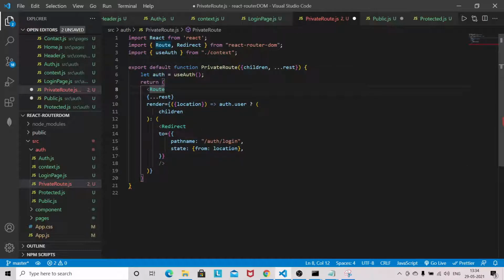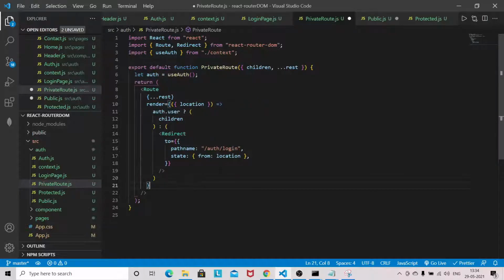Okay, so we can close here. One second, a bit confusing. Okay, so we have closed. Okay, this one. So we have created this custom private route to protect our protected route from unauthorized users.